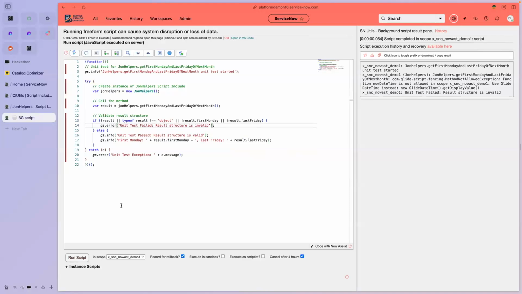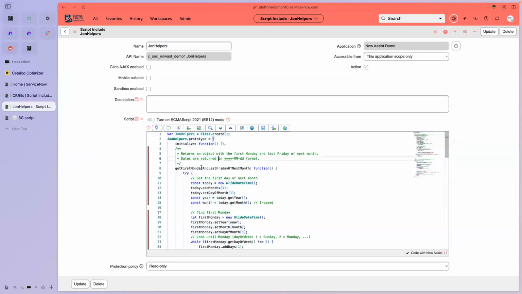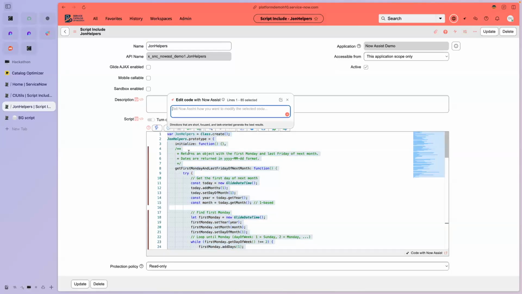and like I said, understanding that it's not going to be perfect each time. What we're going to find here is that hopefully it will figure out the logic for me, which is the hard part. And so this is another one. We're going to try this again. It's using these old globally scoped methods like add months instead of add months UTC or add months local time. So what I'm going to attempt here, let's see how this works, is I'm going to ask it to change the